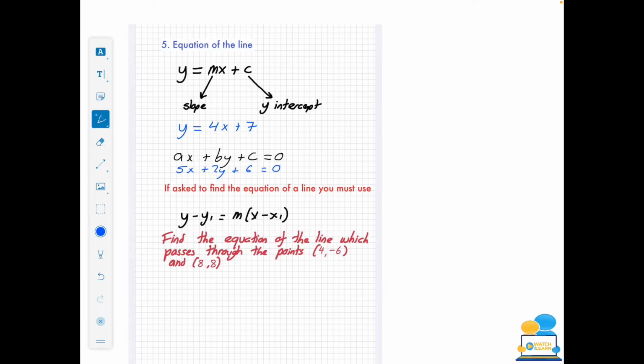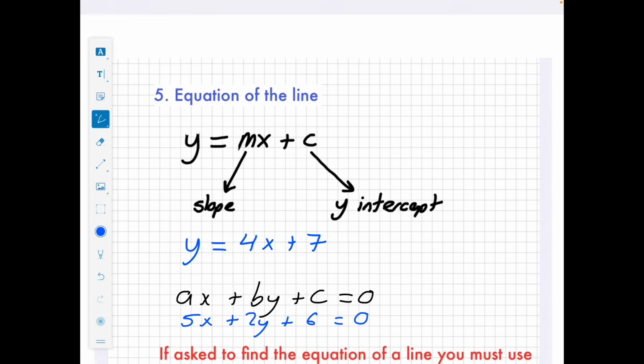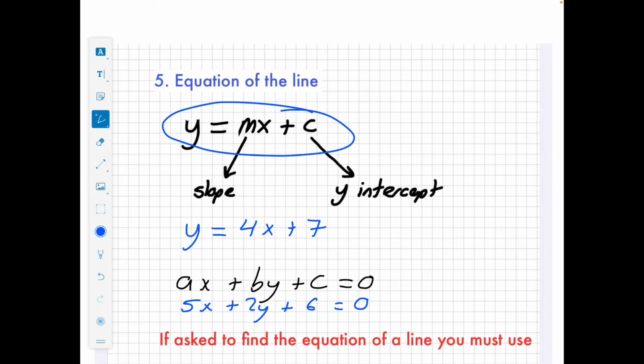Now, I mentioned at the start when we were just looking at the formulas in the formula book that there are 2 formulas for the equation of the line written down there. Okay, now, why are there 2 formulas? So first we're going to look up here. So this formula here is in your formula book. Y is equal to mx plus c. Now, we should know already from what we just said about the slope that m is sometimes used instead of the word slope in maths. So if your equation looks exactly like this, the number in front of the x will